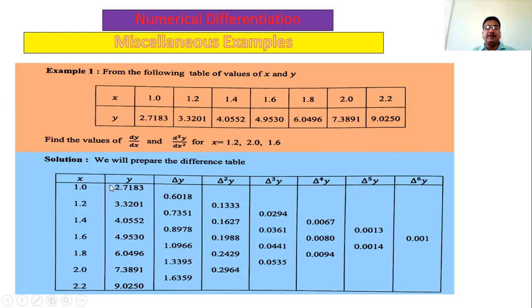So this is the forward difference table. The entries in the first column are the values of x, that is the first row of the given table, and the second column is the second row of the given table. Then delta y, delta square y, delta cube y, and in this way find the entries in these first order, second order, third order, fourth order, fifth order, and sixth order differences. And what are the entries? This minus this is the entry at this place. So this is the forward difference table.